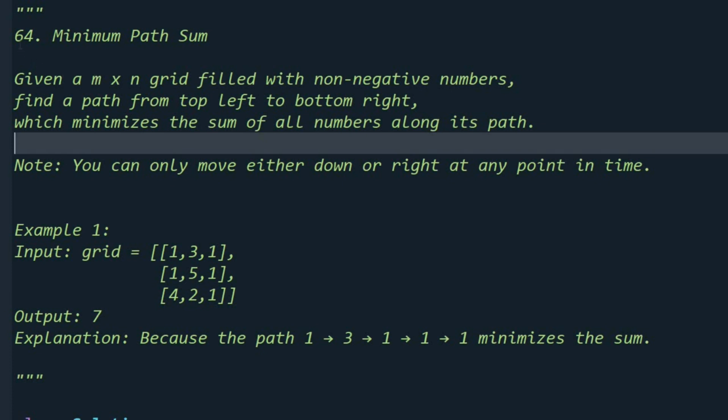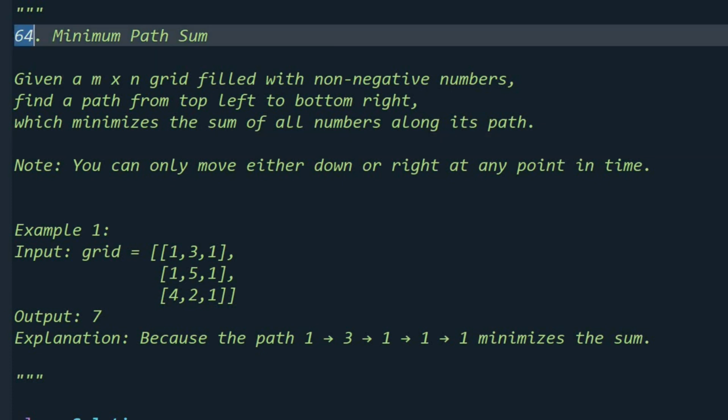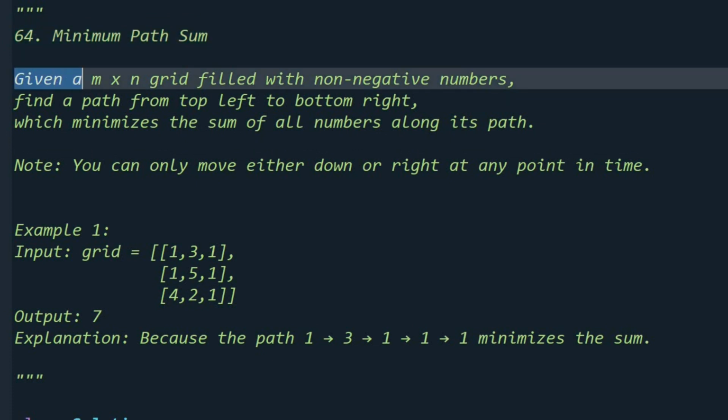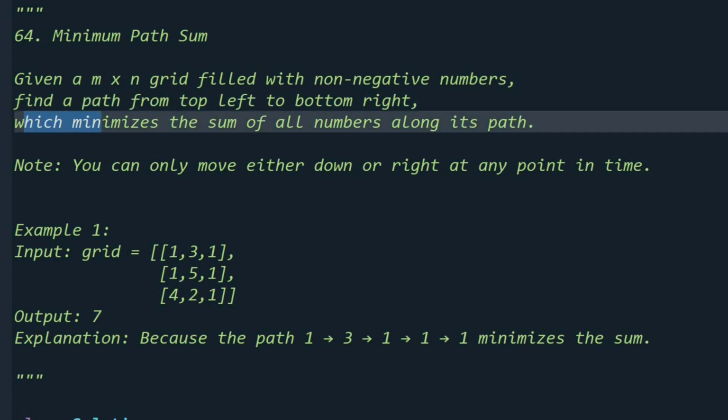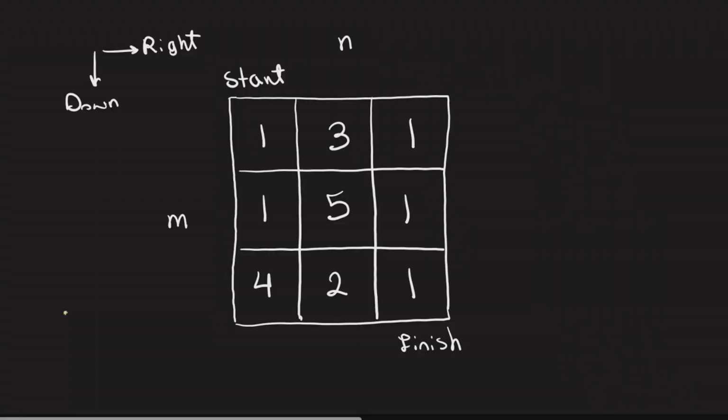Hello, in this video we are going to go over the solution of problem 64, minimum path sum. In this problem we are given an m by n grid filled with non-negative numbers, and we are supposed to find a path from the top left corner to the bottom right corner which minimizes the sum of all numbers along its path. Imagine that we have a grid like this, so it's an m by n grid,